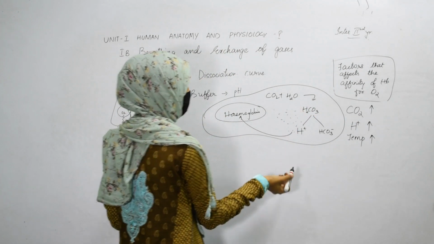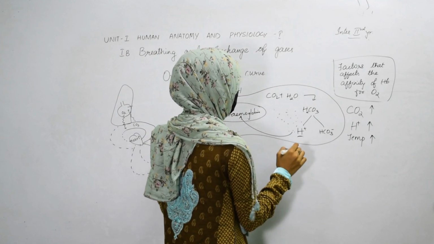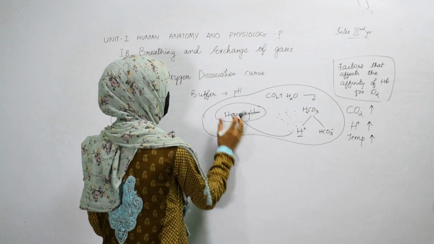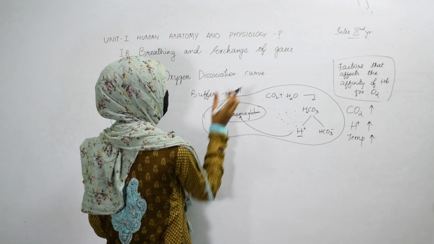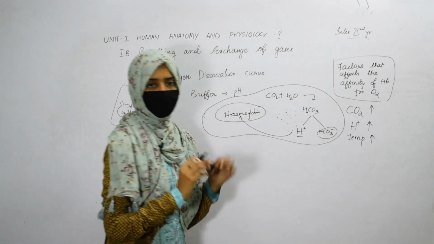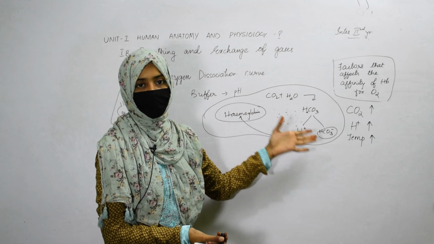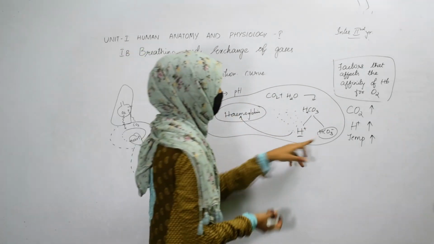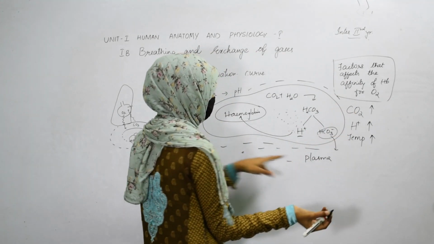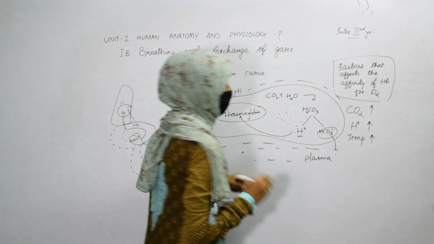In the cytoplasm, a neutral amount of hydrogen positive ions will be present because they are going and binding to the hemoglobin. So in this way, hemoglobin is acting as a buffer and helps in maintaining the pH. Now what about these negative ions? If the positive ions are binding to the hemoglobin, then where will these negative ions go? These negative ions will go into the plasma. This is the plasma.